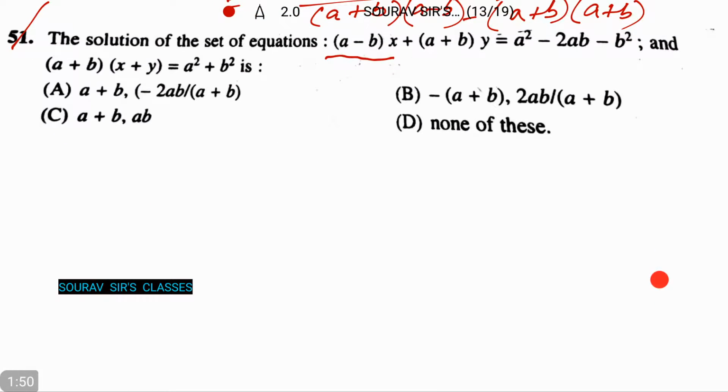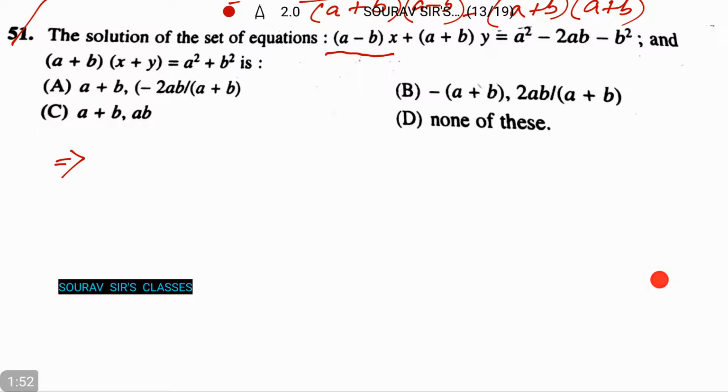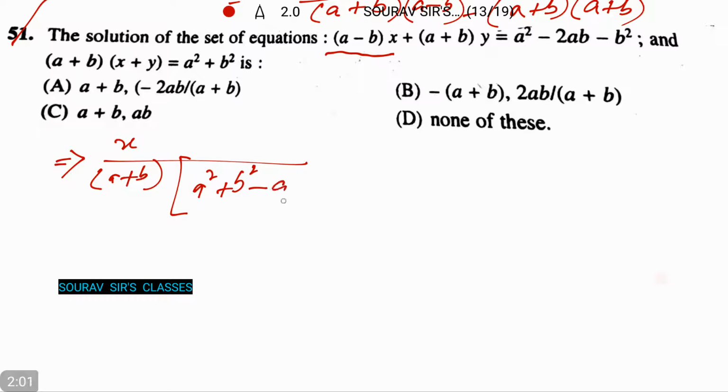This will tend to x by (a plus b), a squared plus b squared minus a squared plus 2ab plus b squared,